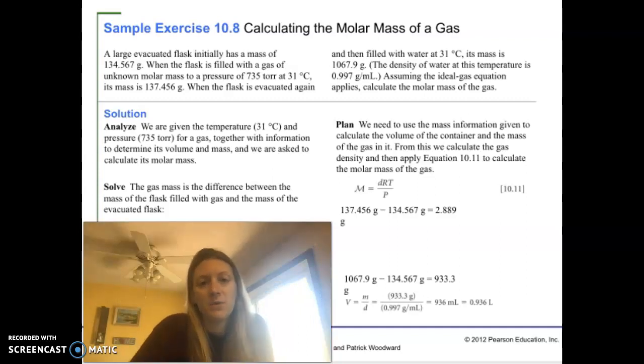This is going to be sample problems 10.8 through 10.13. So we're going to jump right in. They want us to calculate the molar mass of a gas, and it says a large evacuated flask initially has a mass of